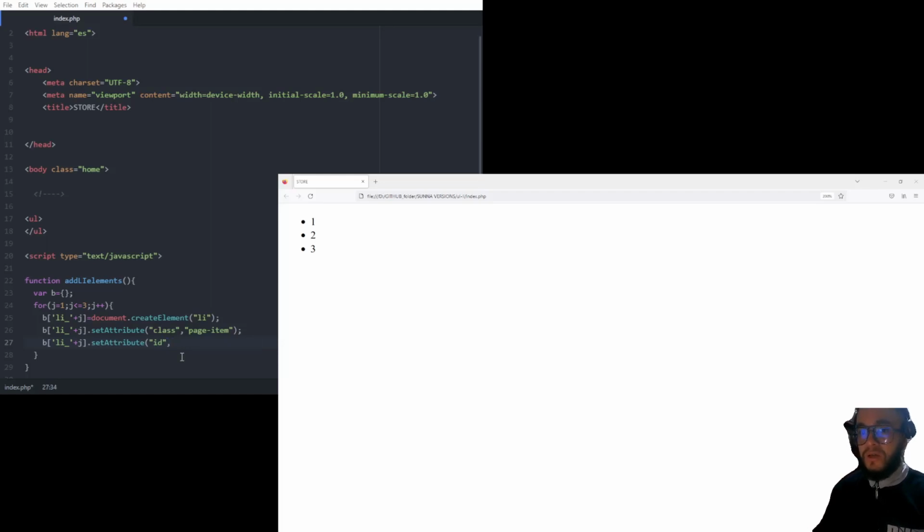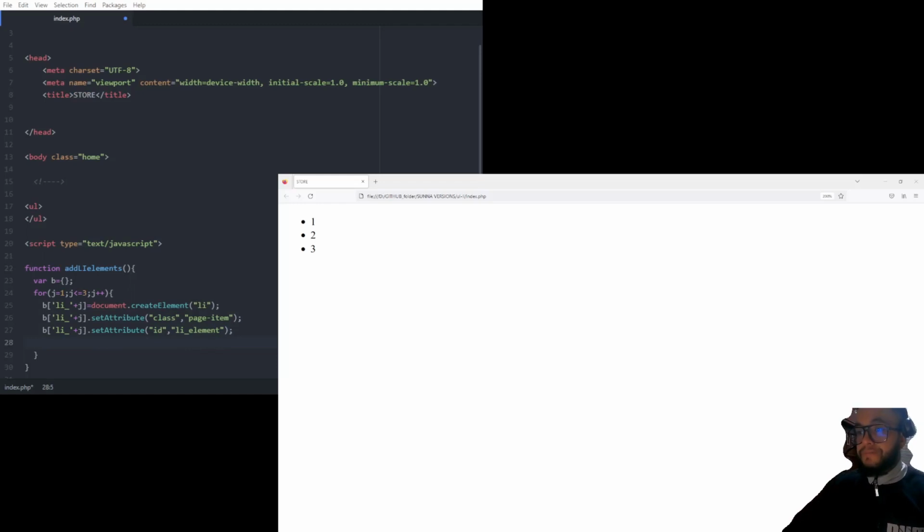Over here, we have to put the ID that we want to assign to this particular element. Let's say that we want to add an ID called li element, something like this, right? I'm gonna close this out,